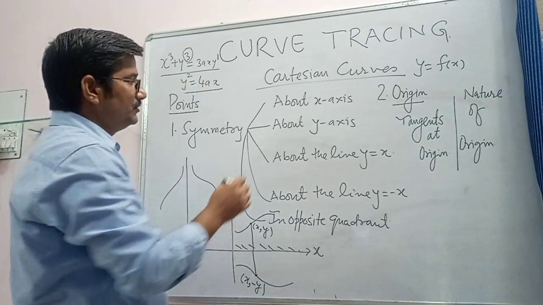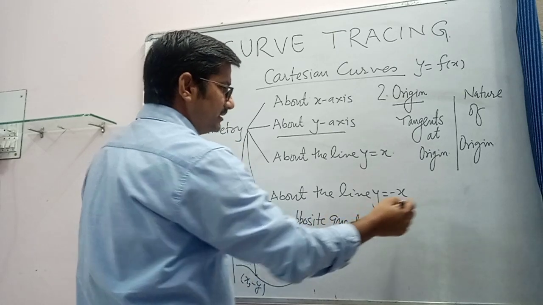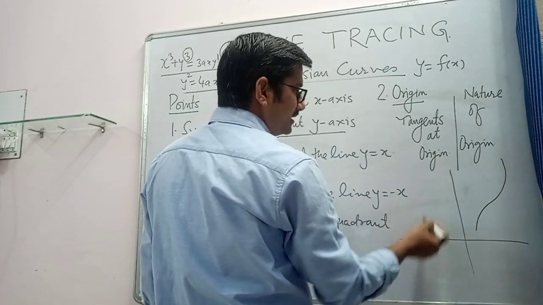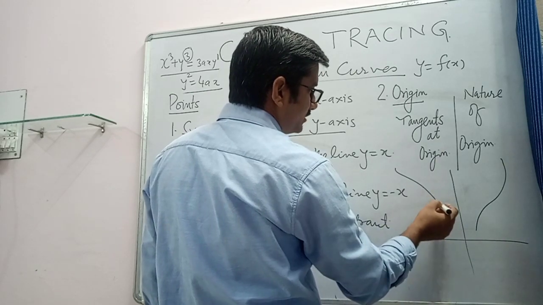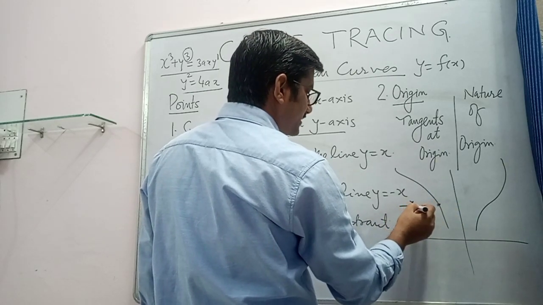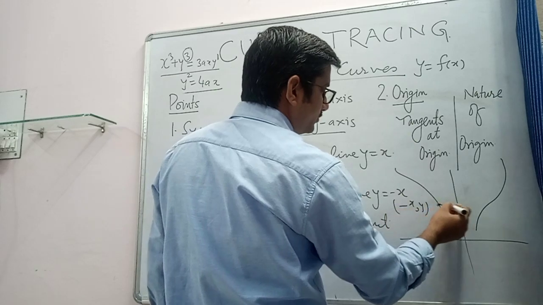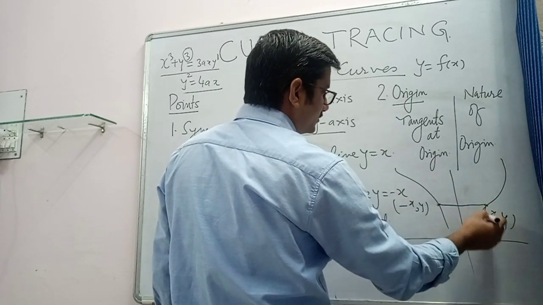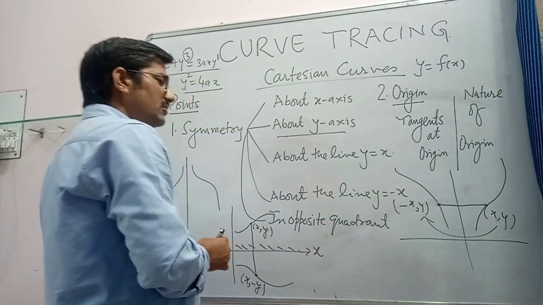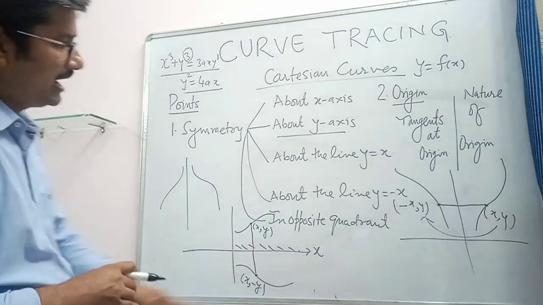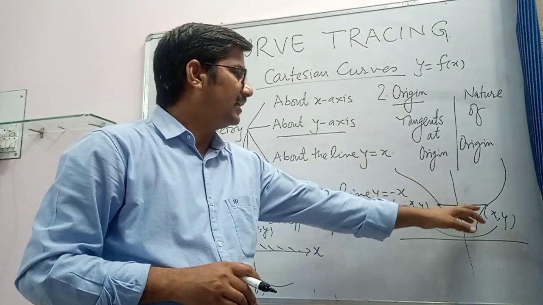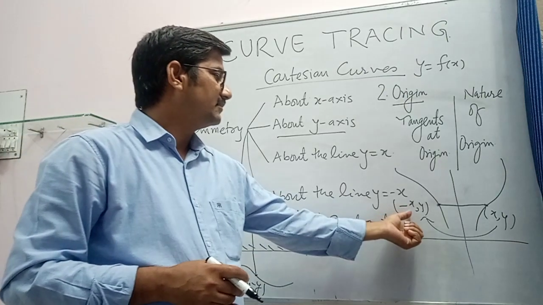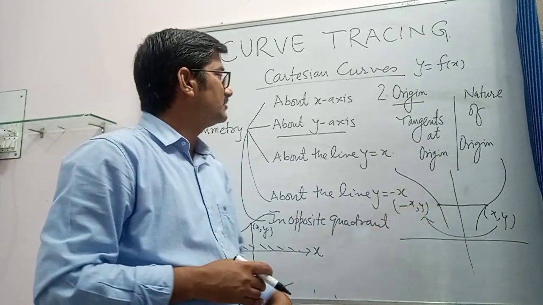Similarly, you can check the symmetry about the y-axis. Suppose the curve is symmetric about the y-axis, the shape of the curve is like this. This point is (minus x, y), so the point opposite to this one will be (x, y). Both points will lie on the curve if (x, y) and (minus x, y) both satisfy the equation. This can happen only when the effect of minus x does not change the curve.